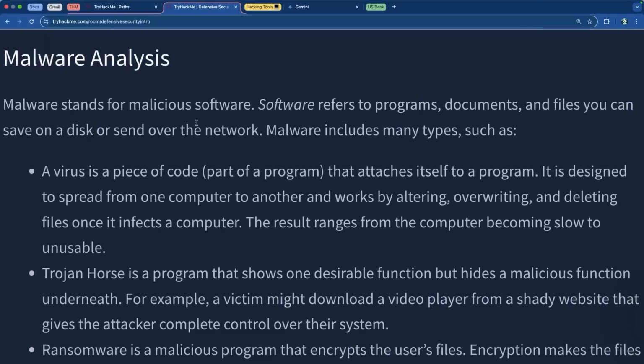So malware stands for malicious software. And software refers to programs, it refers to documents, files that can be saved on a disk or sent over the network. It could be something that's inside a USB drive, and the USB drive was dropped inside the parking lot to arouse somebody's curiosity, and somebody was foolish enough to fall for it, and they plugged that USB drive into their work computer, and now that virus is going to spread from their computer to the rest of your